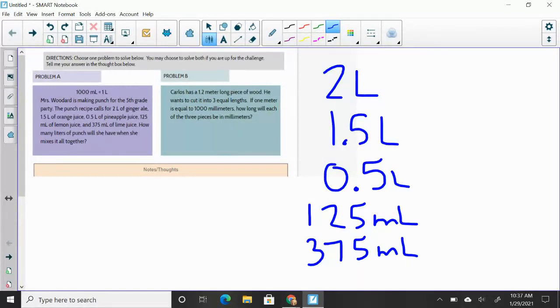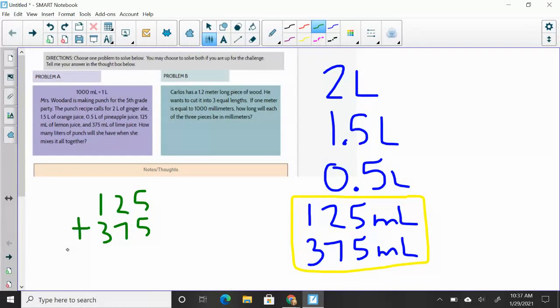So there's a couple different ways that you can do this. I'm going to start with my milliliters, and I'm going to add them together first and then figure out how many liters that is. So if I added 125 plus 375, I could do that over here. I could rewrite it and do the traditional addition, and that is going to give me 10 and 5. So that's going to be 500 milliliters, which